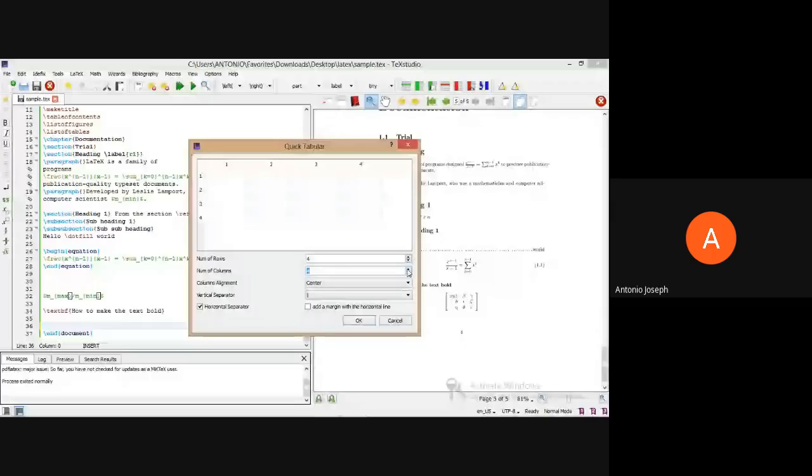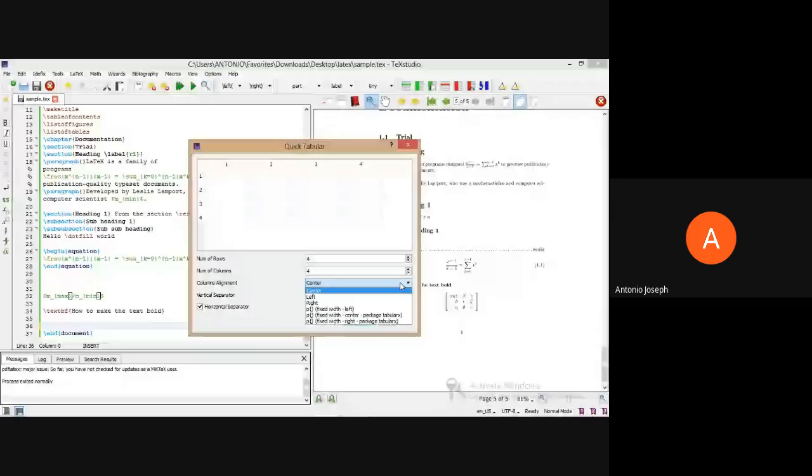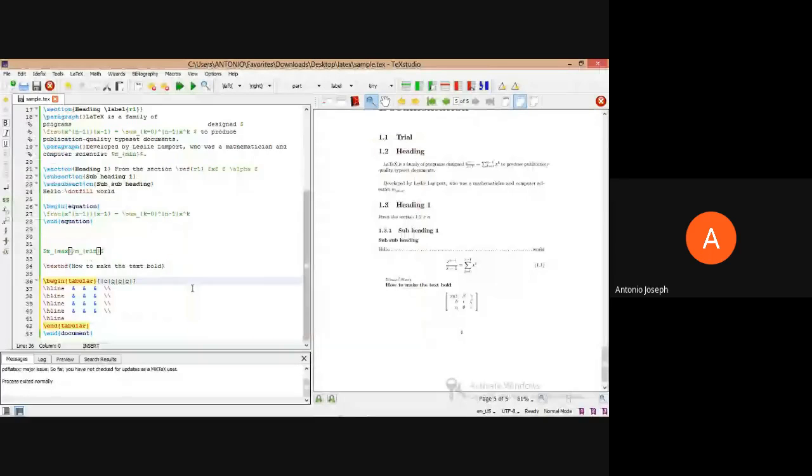Then we can provide vertical separators: double lines, single lines, or none. Then a horizontal separator can be provided. This will be the template for a tabular with 4 columns and 4 rows.